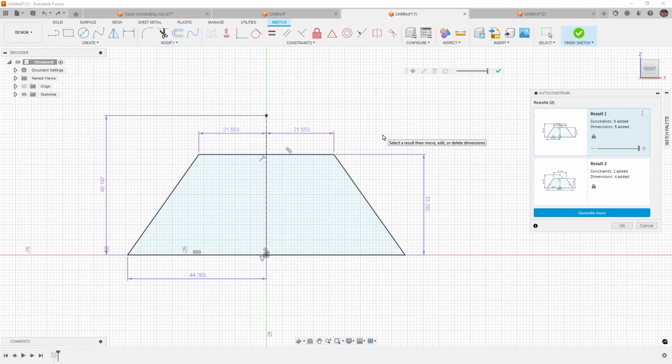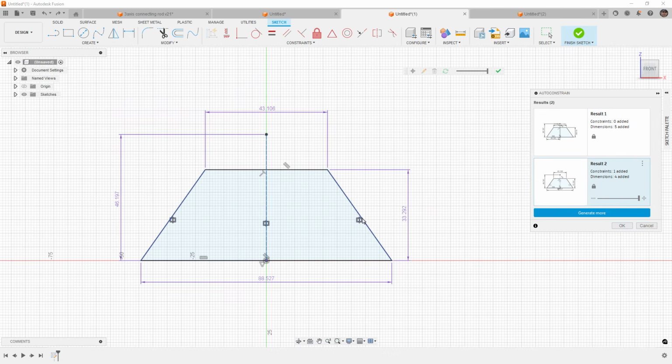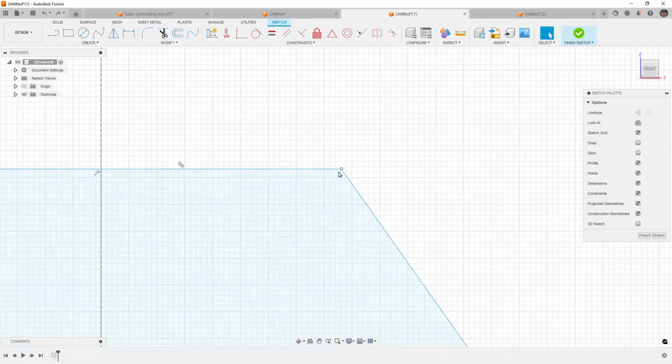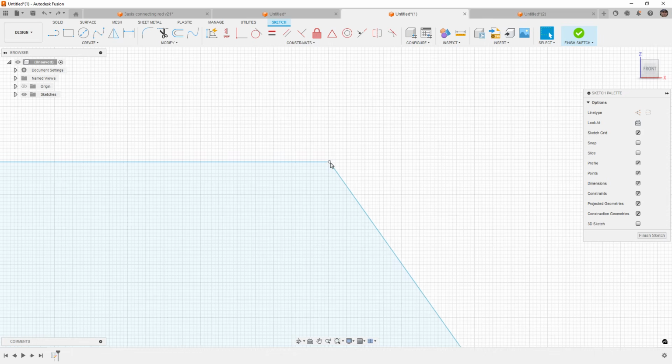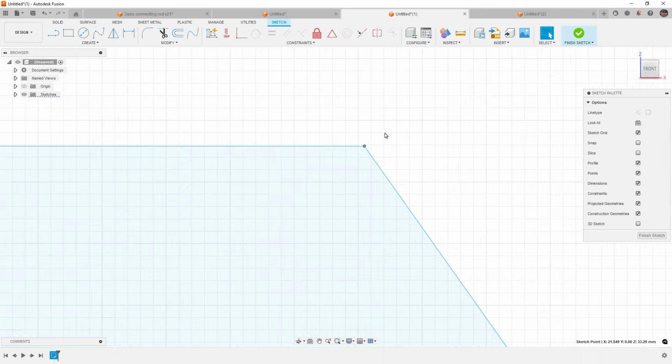symmetry. So you can see here, I've got a part, 21.553 millimeters on either side. It is symmetric, and it is able to add that symmetric constraint. Now, the problem here is that if it's not symmetric, and I'm going to zoom way in, and I'm just going to drag this a little bit to the left,